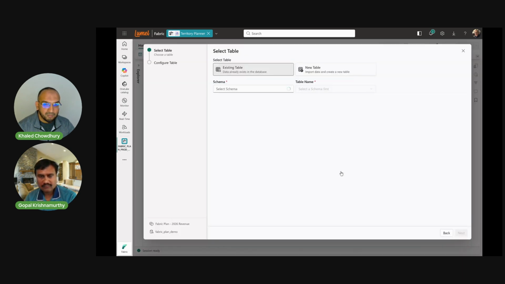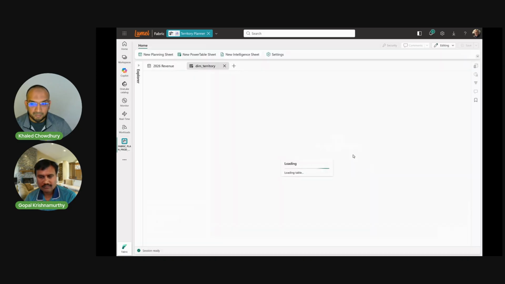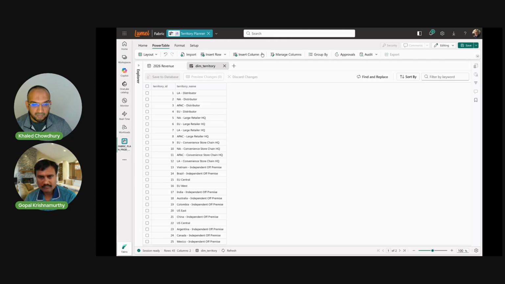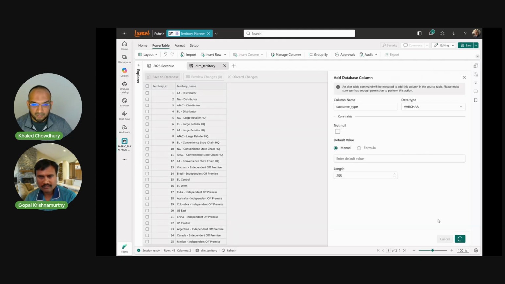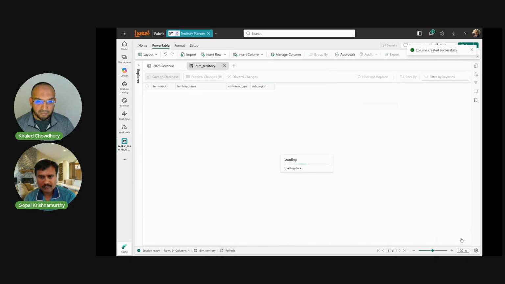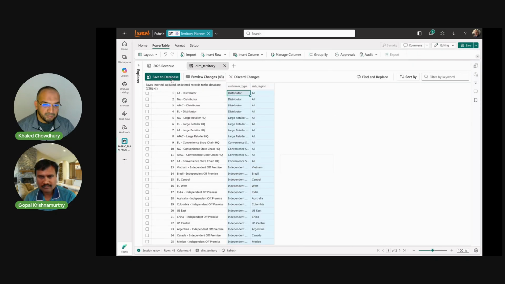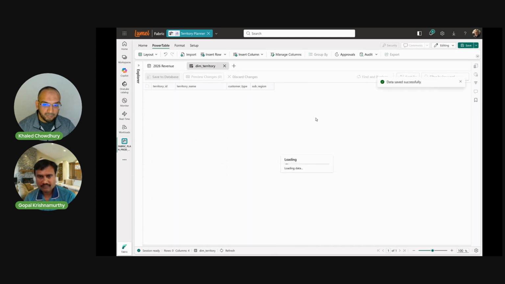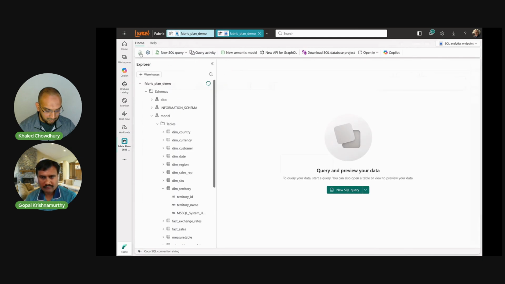I create the data management app and configure it to use the underlying SQL database in Fabric. I add columns for customer type and sub-region. I then copy and paste the values from Excel into the new fields and save to the SQL database in Fabric. Next, I confirm that the new columns and values are in the analytics endpoint that feeds the direct lake semantic model.